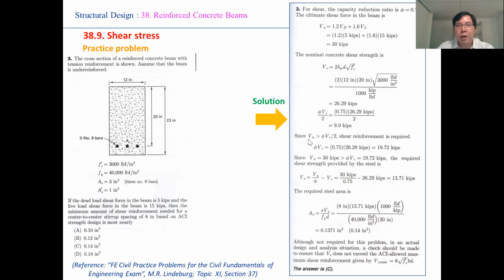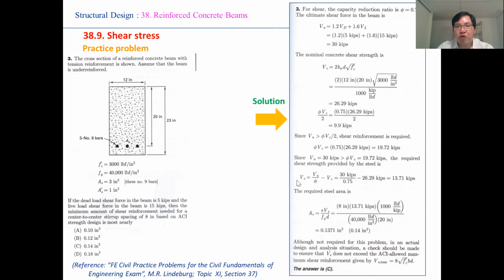And because Vu is superior to phi Vc per 2, shear reinforcement is required. And after you follow the calculation given here, and you can find